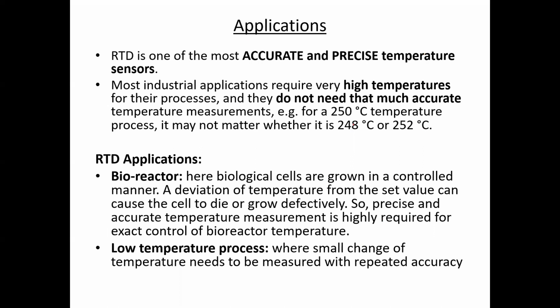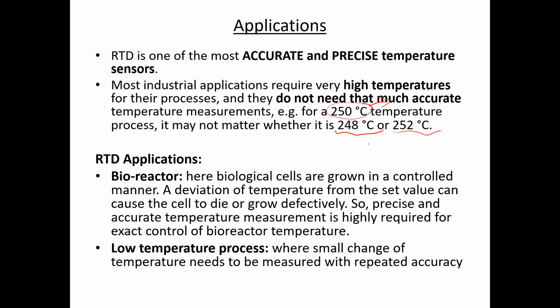And you know that for high temperature measurements, suppose like it is shown over here, suppose for a 250 degrees Celsius temperature process, you are measuring using RTD, the measured temperature is 248 or 252. So as the value is high, compared to this high value, the errors are not that significant if you compute the fraction or percentage of the error, so that will be minimum. So for high temperature applications, the RTDs can be easily used,